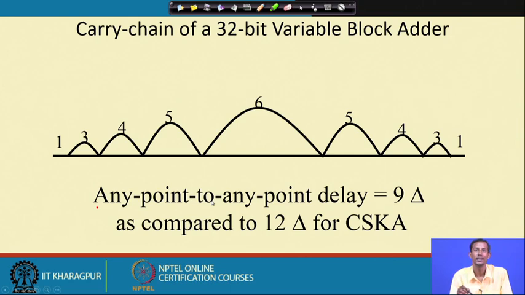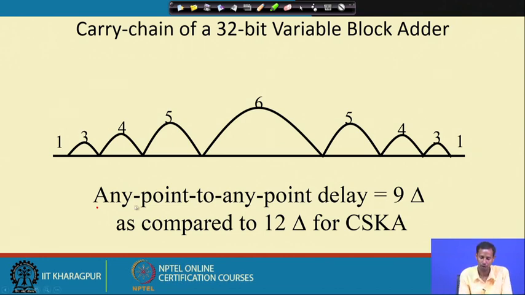That means in the middle position we can skip more. The point is that in the middle we can take larger values of k, and lower values on the sides of it. In the middle it is more, then the sides of that will be just lower than the middle one, then again lower than the previous one, and we follow something like this towards the LSB and MSB side.